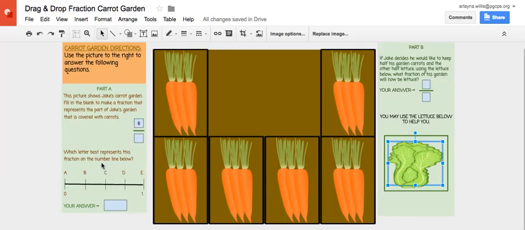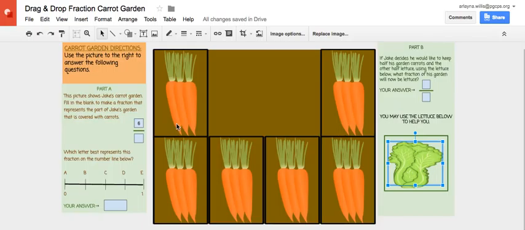And then here I also know that they struggle with representing fractions on a number line, and so I also included that question here under part A: which letter best represents the fraction on the number line? And then they can record their answer here: A, B, C, D, or E. And then for part B,